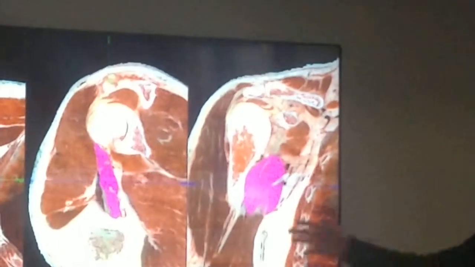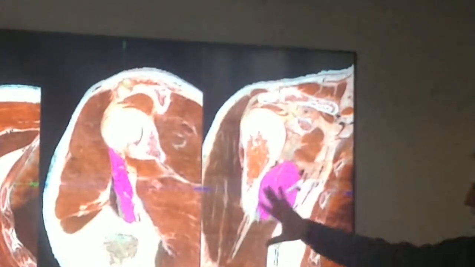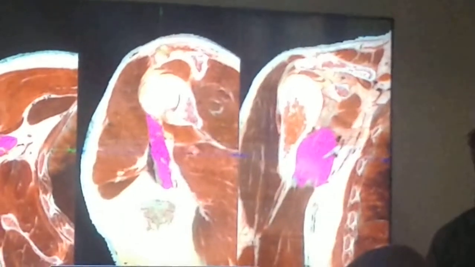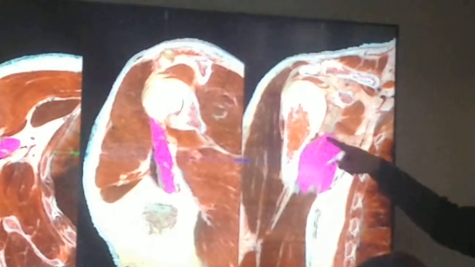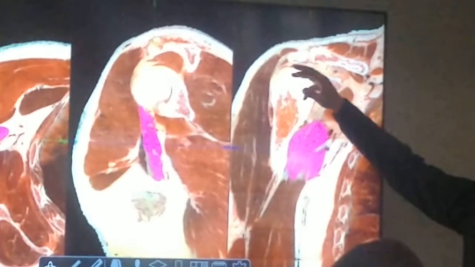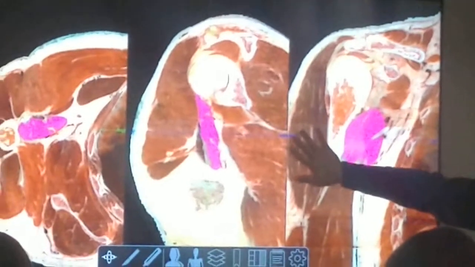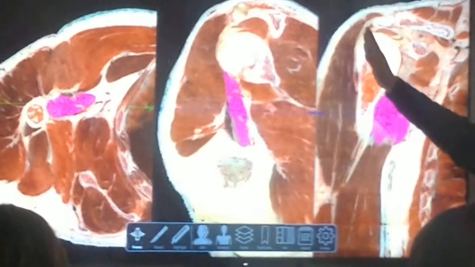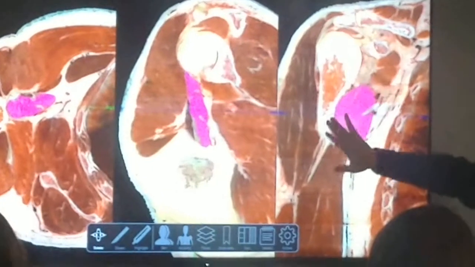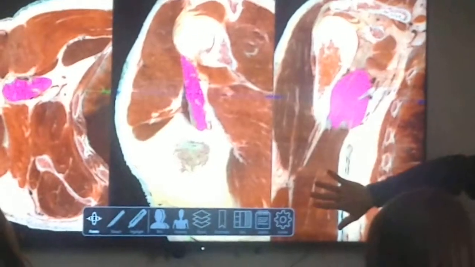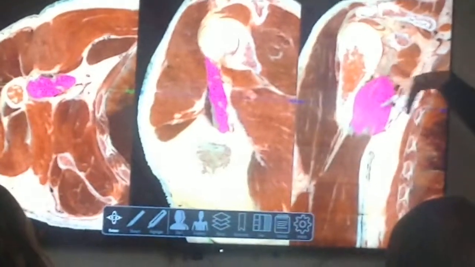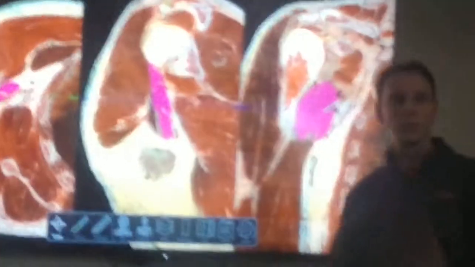So how do you know it's not biceps? There's no long head, short head, right? They would be more on the anterior to lateral aspect of the arm, coming up towards the head, and this is the medial aspect of the arm, coming from the axilla down here to the arm. That's the coracobrachialis. Right? The coracobrachialis. Now, innervated by